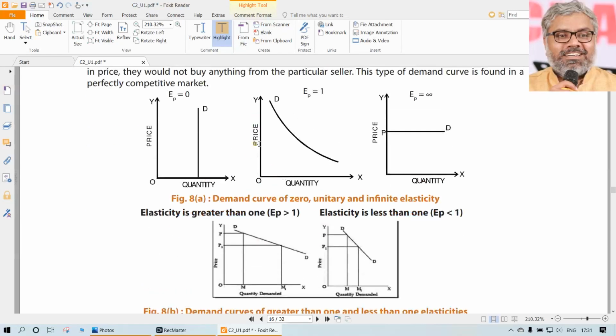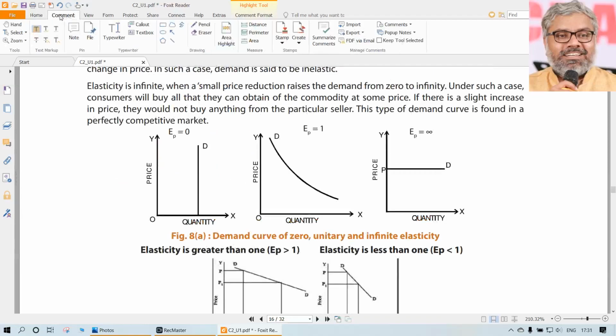We know them already. Either the elasticity of demand is 0, naturally that is touching the x-axis at that point. Elasticity of demand is 0 means irrespective of the price, whatever the price may be, the quantity demanded is going to be constant. Quantity demanded is not at all being affected by price. So what we have to remember and understand here is how the demand curve will look when the elasticity of demand is 0. The demand curve will look like this. Any two questions, two answers can be given. Any of them is correct.